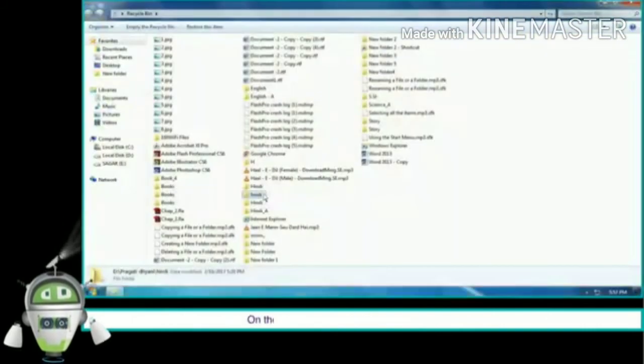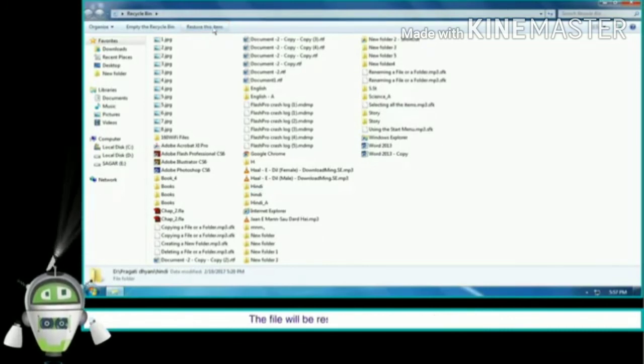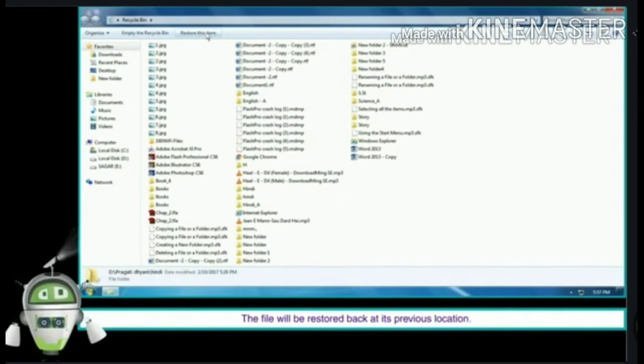Or the second method is, on the toolbar, choose the restore this item option. You have to choose it and then the file will be restored back at its previous location. Students, in this way we restore our file and folder from the recycle bin.